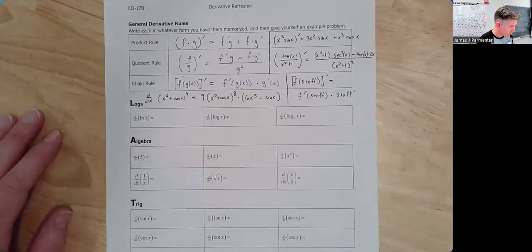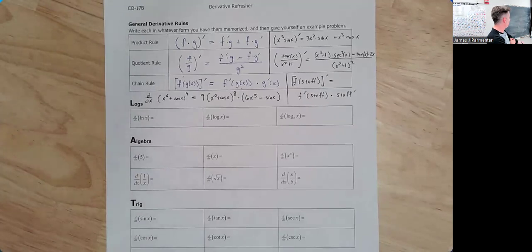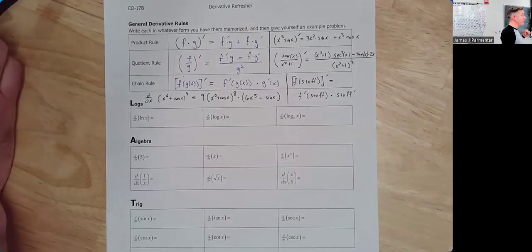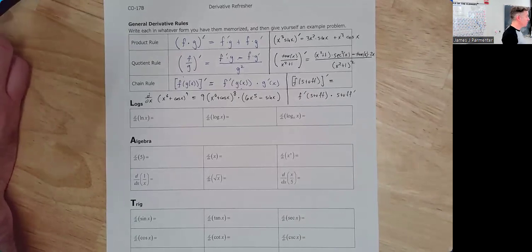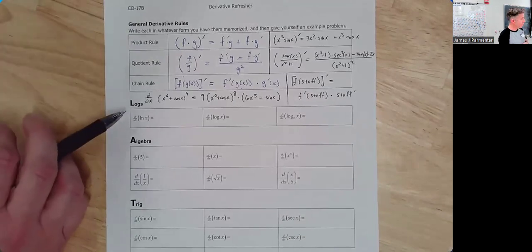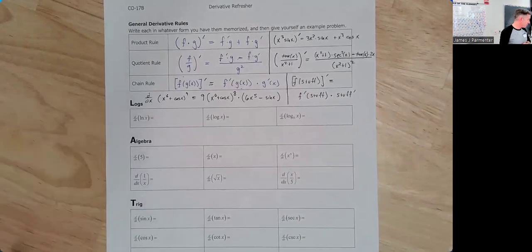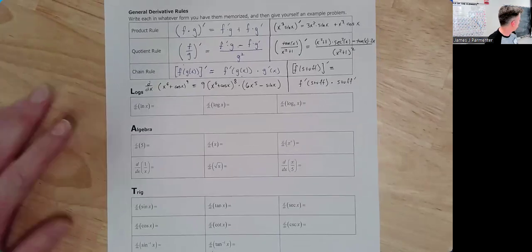So let's look at some log rules. I know why these are written in this order, because this is typically the order that if you were trying to use integration by parts, you would pick your u equal to a logarithm if you had one, an algebra term if you didn't have a log, a trig if you had neither of those, and almost never an exponential. But that's why these are written in this order, even though that's probably not the order I would teach the derivatives in. Well, let's go with it. So derivative of natural log of x,